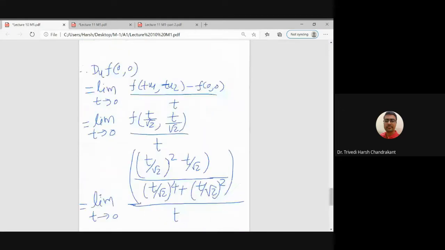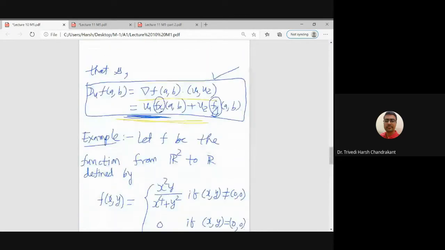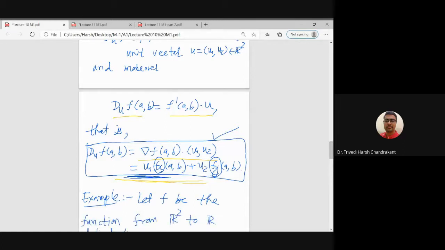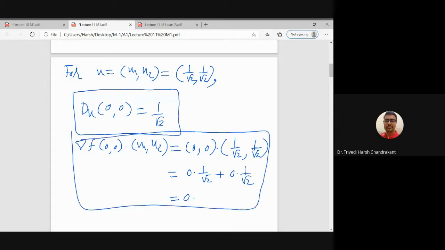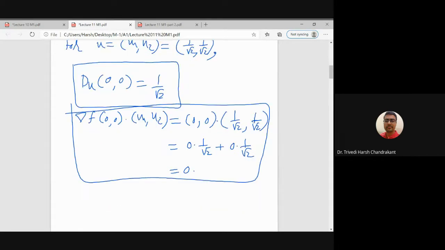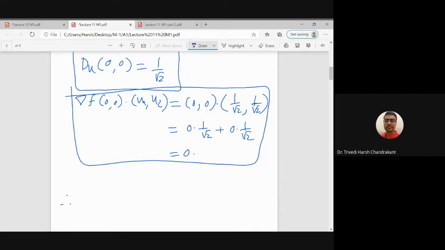So this condition, the necessary condition, is that the directional derivative must be equal to the dot product of the gradient and the unit vector. But here we can see that the directional derivative is 1 by root 2, and the gradient dotted with the same unit vector is 0. So therefore